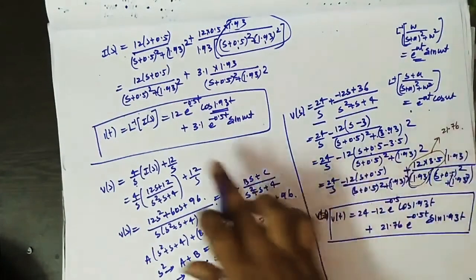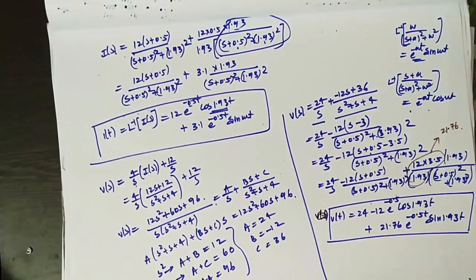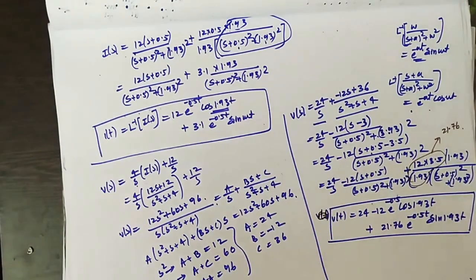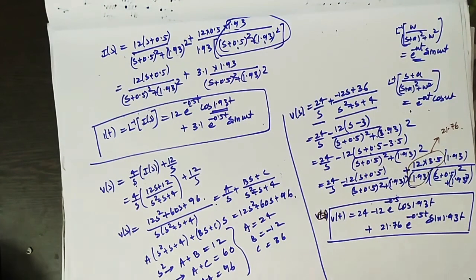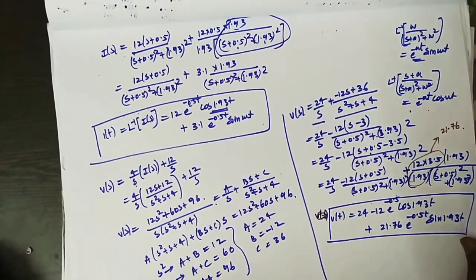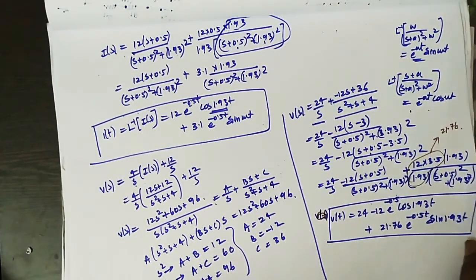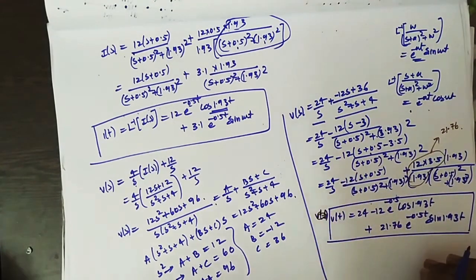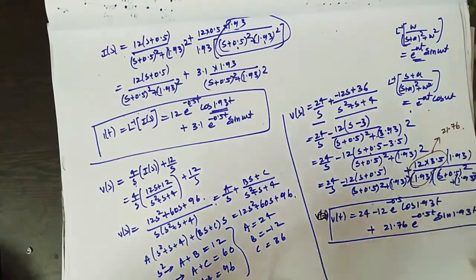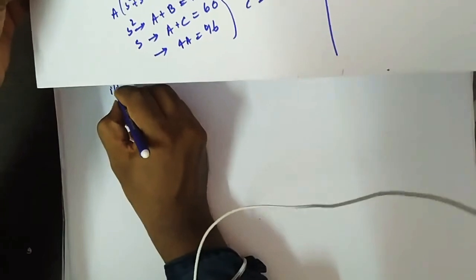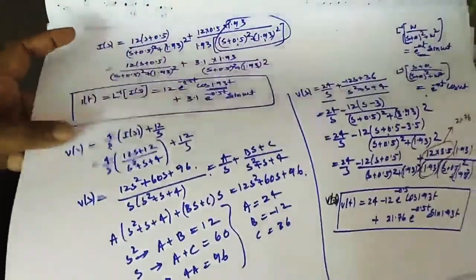So after finding I of t and V of t, the interesting topic is how to write the characteristic curves here. That is the main important area you need to know. Since you are in first year, later the analyzing parts and all you need to do. After finding the equation is not the big matter. After finding the equation, the analyzing part of the characteristic curves is the main important thing. So I'll show a small exposure of that, how to write all these things. So I of t equal to, so I'm taking the analysis part here.